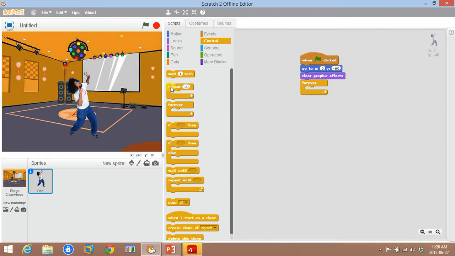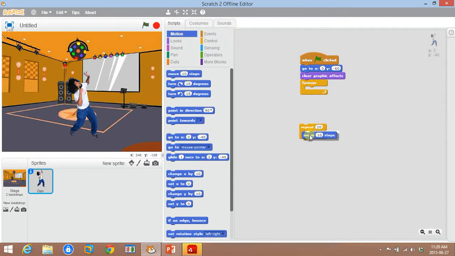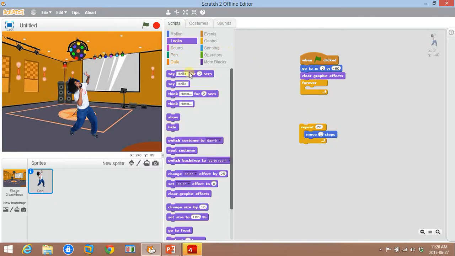So what we need here is we need to put together a repeat block. Okay, so just repeat 20. Then we want him to move one step to the right, so make that move 1, and just make him look like he's moving a little bit. We're going to use the fisheye, so we go use our change color effect. We're going to change our effect to fisheye, and then we're going to go to 1. So that'll give a very slight twist to his middle part of his body, looking like he's moving his hip